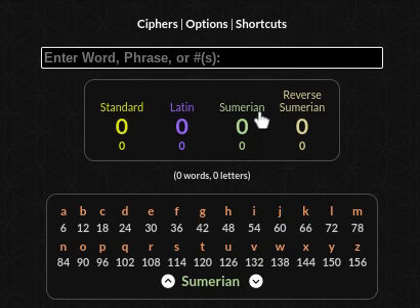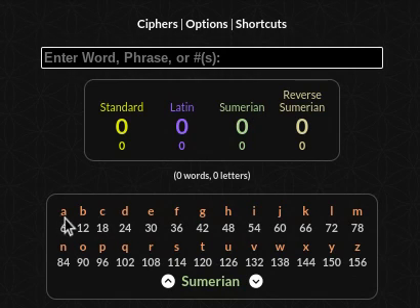Alright guys, welcome back. Now I'm going to do part 2 pretty much of the first tutorial where I went over the base ciphers. I have 4 more ciphers that I'm going to present, and these ciphers are a little bit different than the base ciphers, but they're still important because you can get a lot of connections from these ciphers as well. So first I have the Sumerian cipher I want to go over, and the Sumerian cipher is